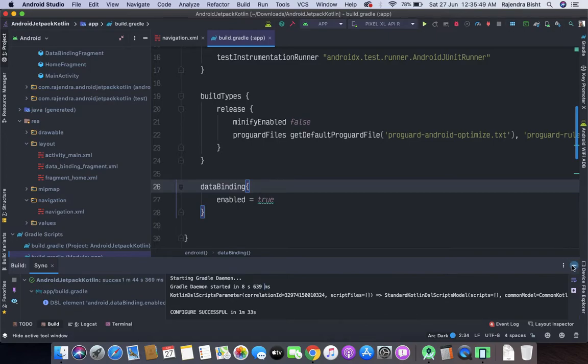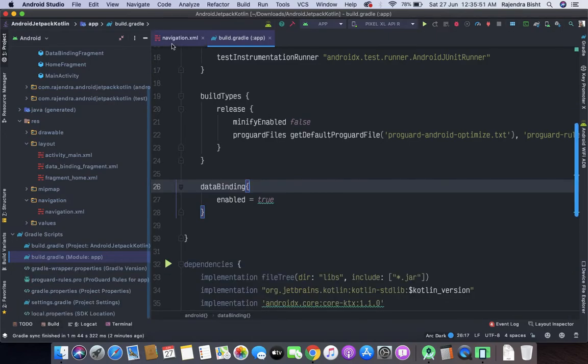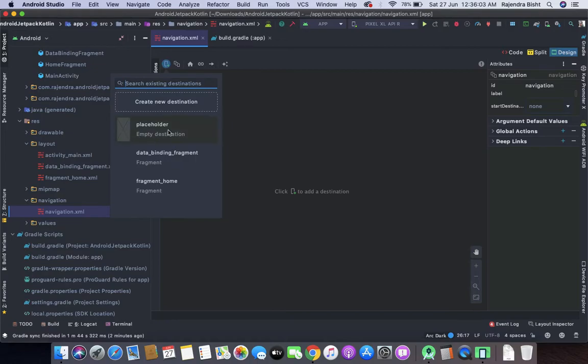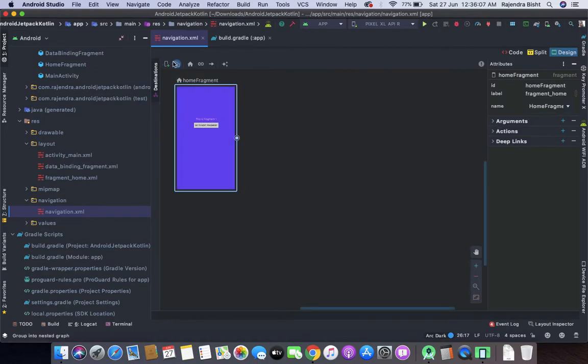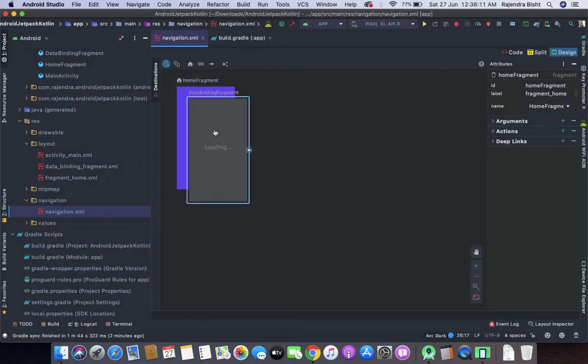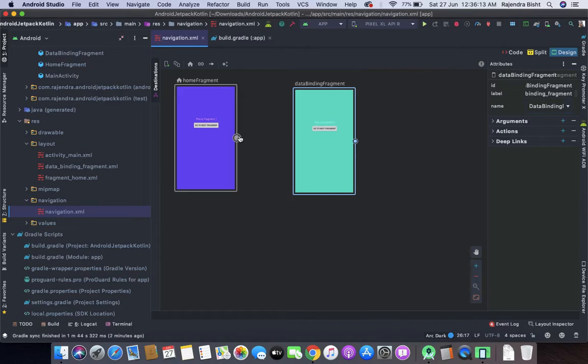So now, here this is our home fragment. From the home fragment we will navigate to the data binding fragment to see the data binding example.